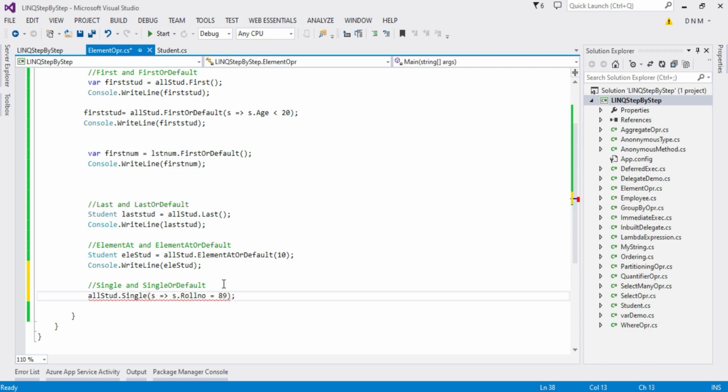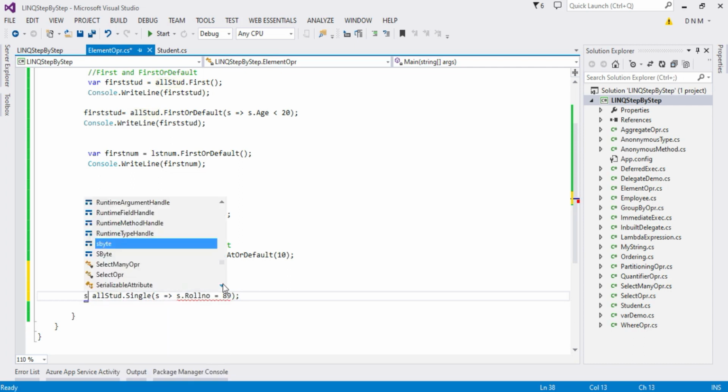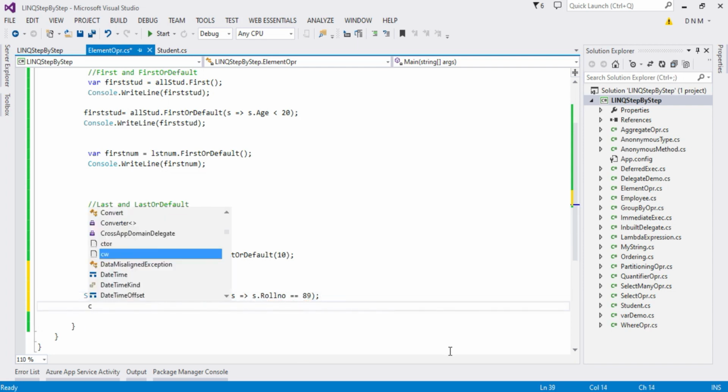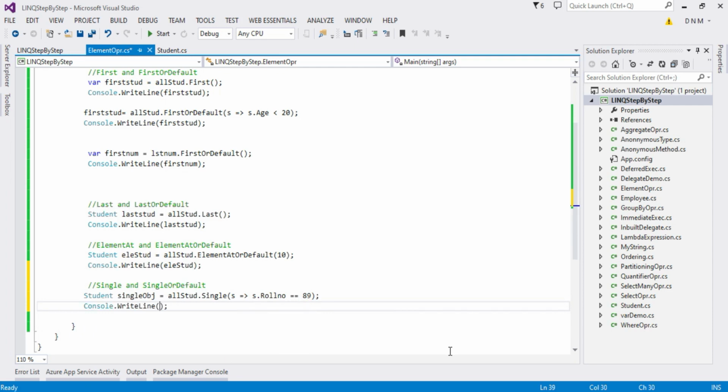Okay. So let me declare one variable of type student, or object, sorry, singleObj or singleStud, you can say anything. Okay, I mistakenly specified the assignment operator. It should be the equality operator, and let us print the result, singleObj.